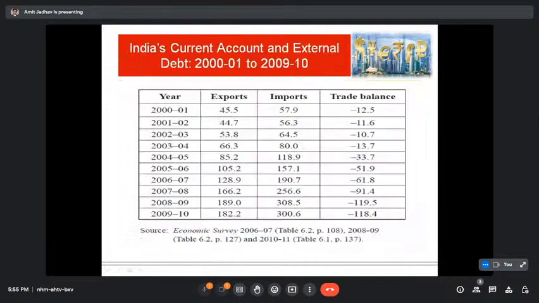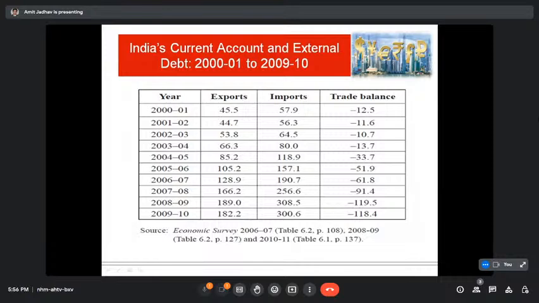Afterwards, we have India's current account and external debt. Here, we try to correlate India's current account trade balance and India's debt, what India is getting. So we have some data from 2001 to 2010, where we are showing the current account trade balance. Each and every year from 2001 to 2010 we are continuously getting a deficit in the current account,